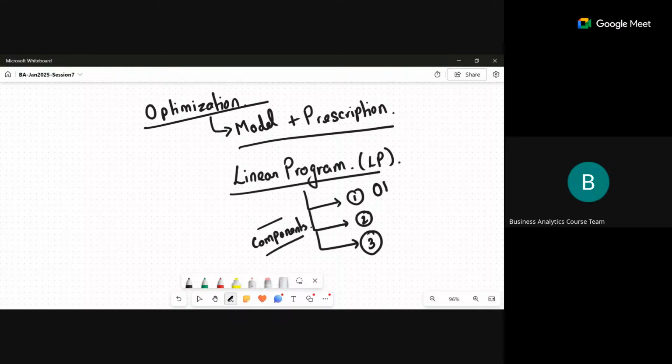The first one is known as the objective function. The second is the decision variables. And the final one are the constraints,